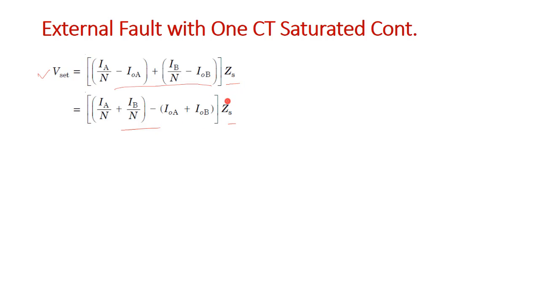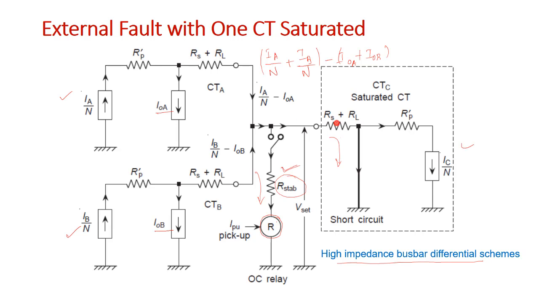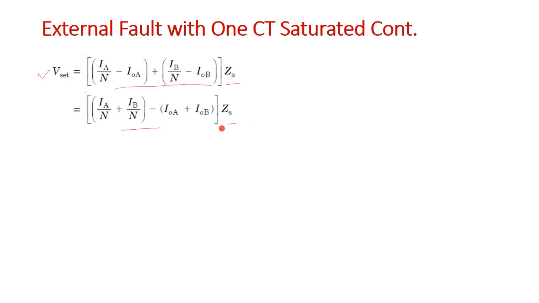So Zs is your stabilizing, Zs is your secondary side, CT secondary side impedance, right? Okay. So now it will be this, and this will lead to R stabilizer. If we will find R stabilizing, right, if we'll find this, so we can say that your R stabilizing should be,